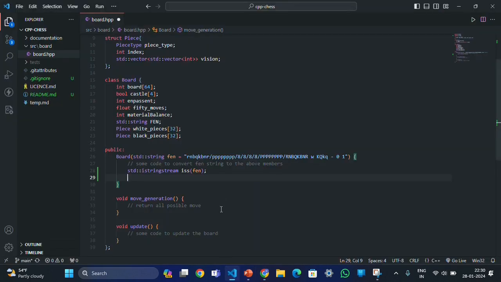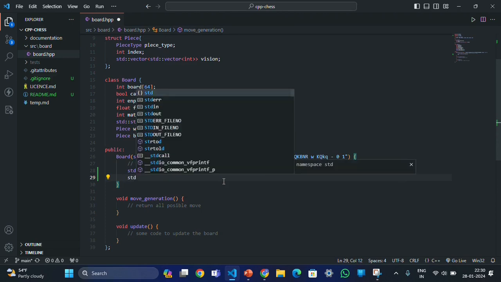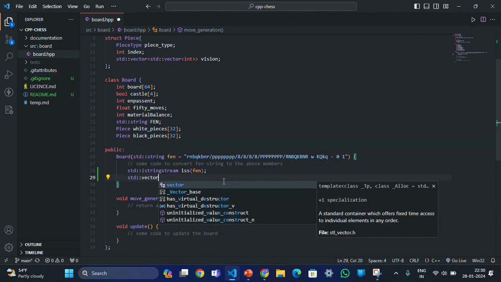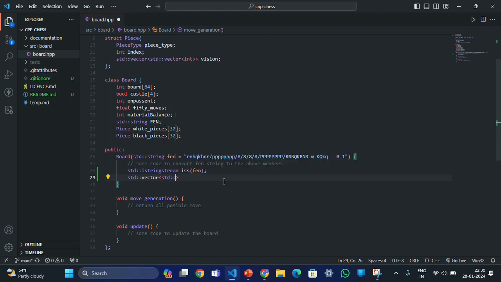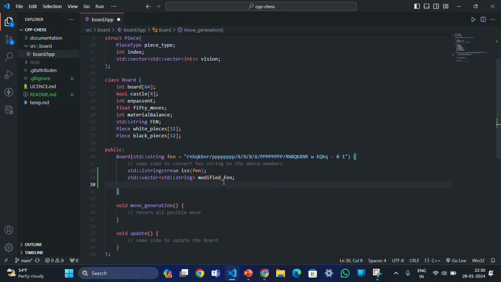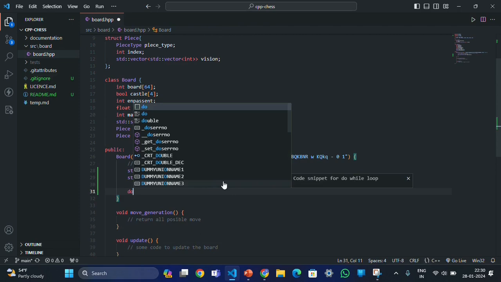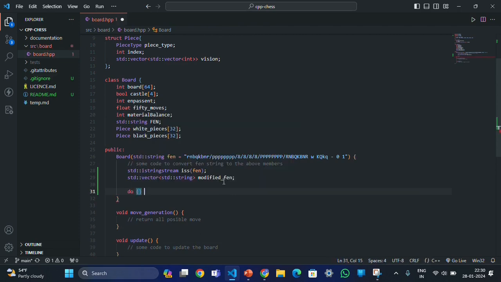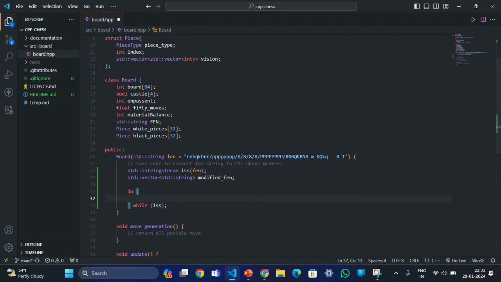vector tokens. Instead of tokens, we're going to write std::vector of std::string. We will call it modifiedFEN. Okay, now we would write a do while loop, while iss. Okay, so what should we do? Let me just